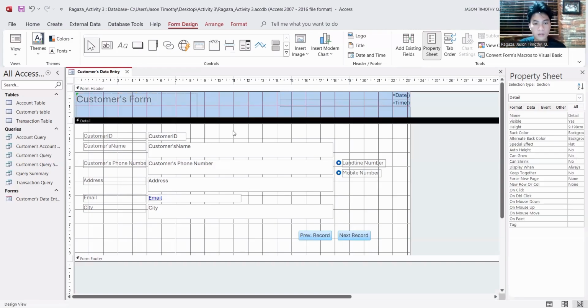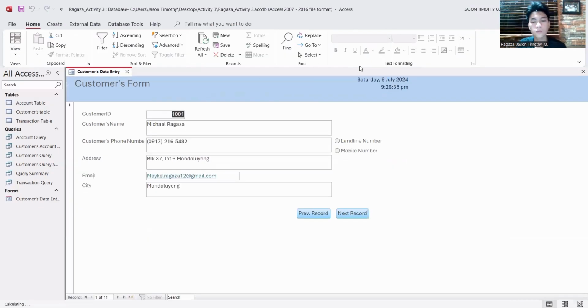Control S, save. And then head over to the form view over here. You can see that we have customized our form for the customers table. And then you can click on landline number, mobile number, and like that.